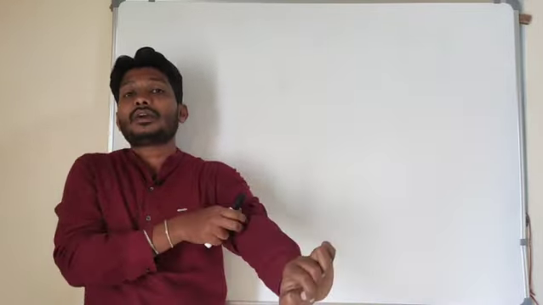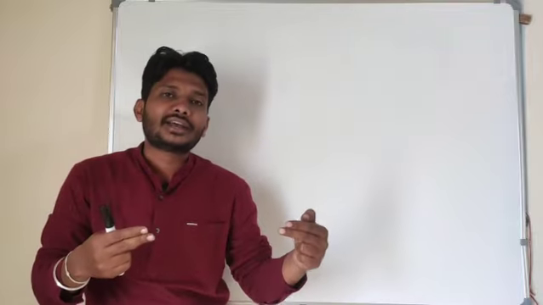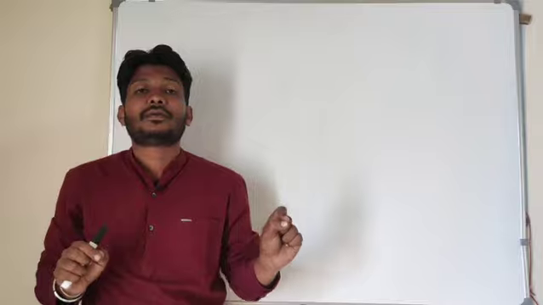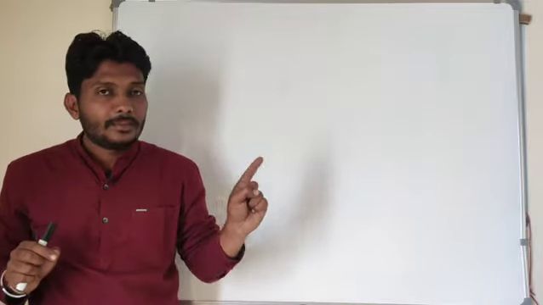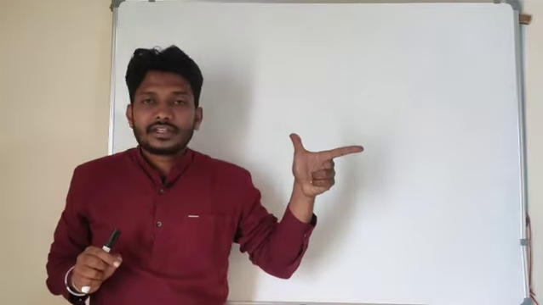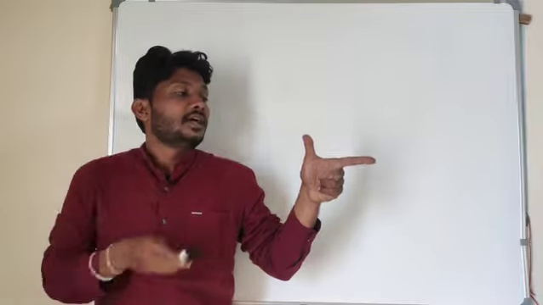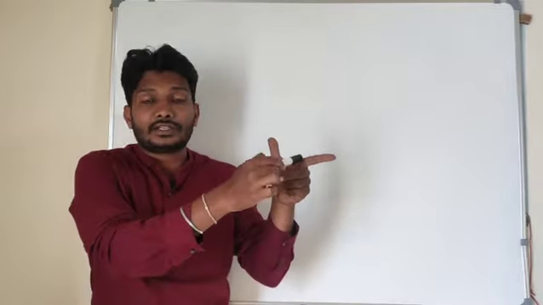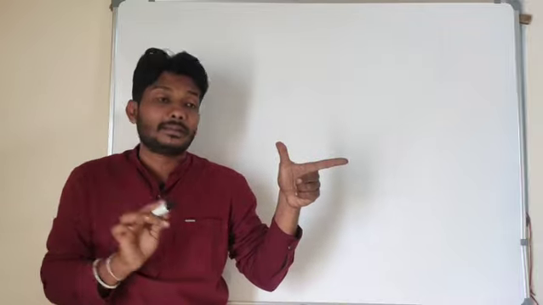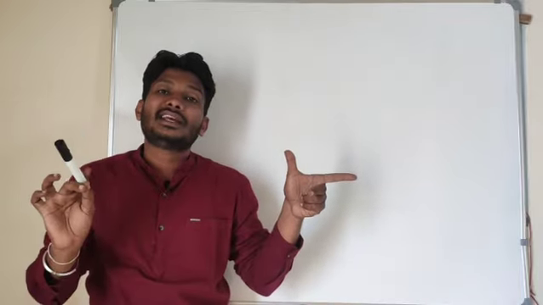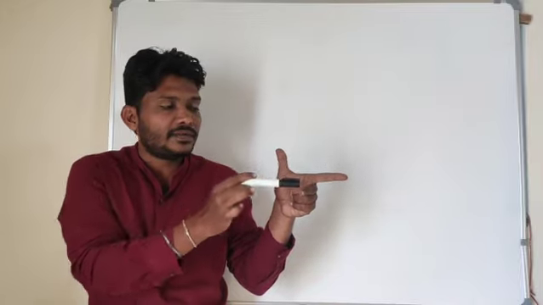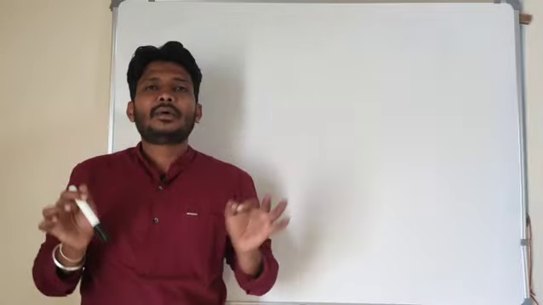And one more term, that is force. How to take the direction of the force here? In order to get the direction of the force, we will use Fleming's left hand rule. Stretch the first three fingers of the left hand. The thumb represents the direction of the force, the forefinger represents the direction of the magnetic field, and the middle finger indicates the direction of the current. FBI: force, magnetic field and current. So hope you know about these things.